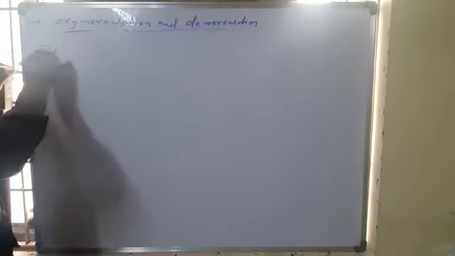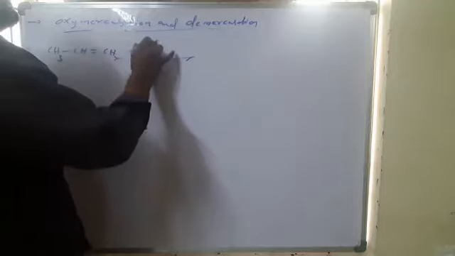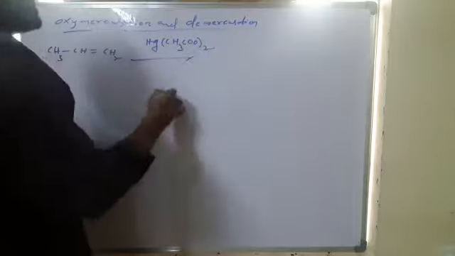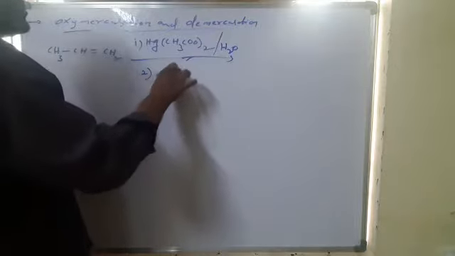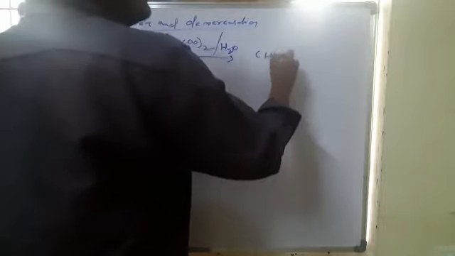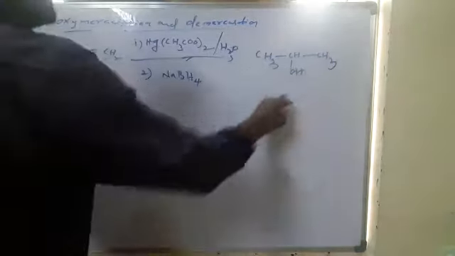So the simple reaction you can take. An unsymmetric alkene, for example, if you take, the reagent is mercuric acetate with water in the first step, and in the second step sodium borohydride. This is a reducing agent. The product is Markovnikov water addition. Now, water addition, alcohol is the product.